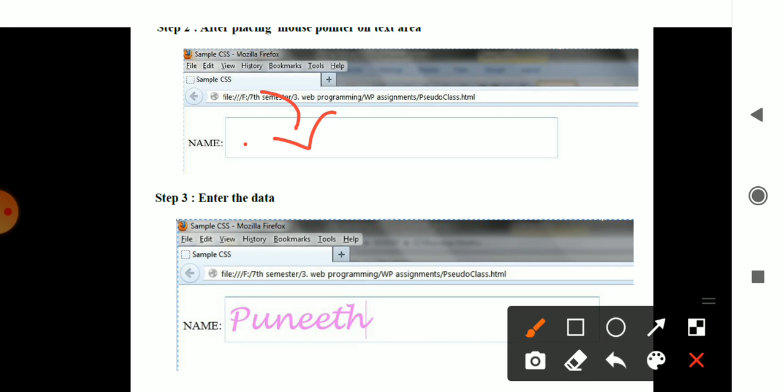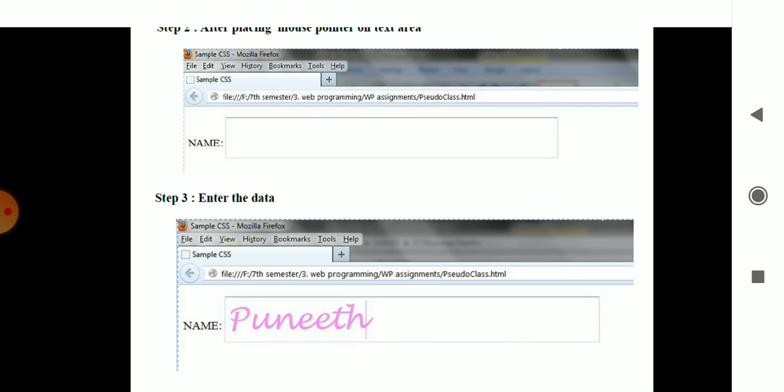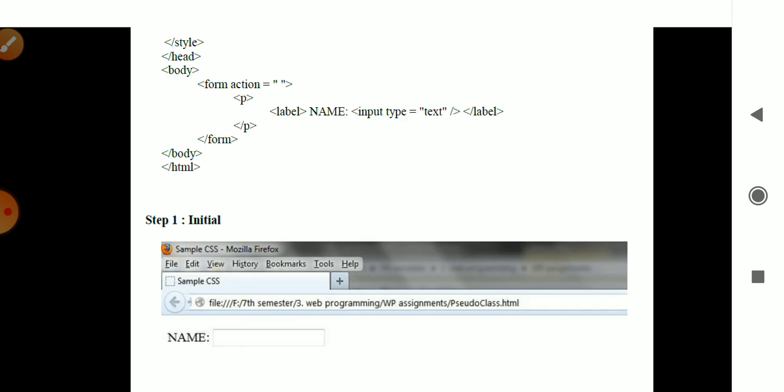Next step, when you enter data into the text box, this is called focus. The mouse pointer is focusing on this particular area.